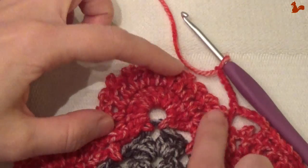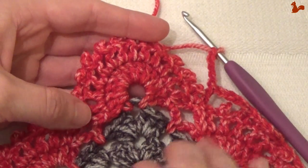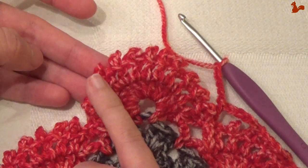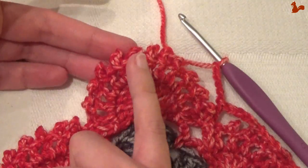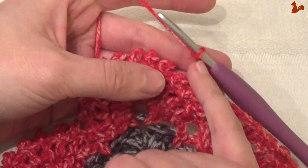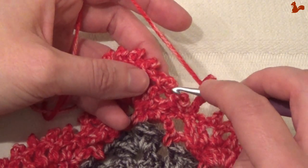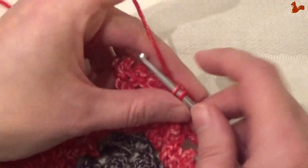For the tip of the wrap, we're going to do basically something very similar to what we've done here for the waves on this side. You're going to work a single crochet in picot number 3, 5, 7 and 9. So it's the same symmetry, but you're just doing a few more stitches. This is a chain 5, that's still part of the previous repeat unit, my last repeat on this side of the triangle. I'm going to go to the 3rd picot, push your hook in there,